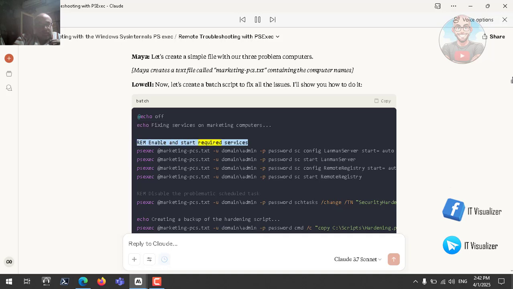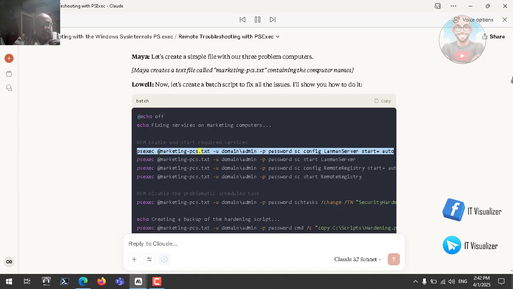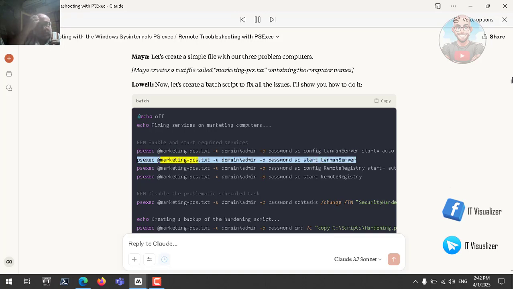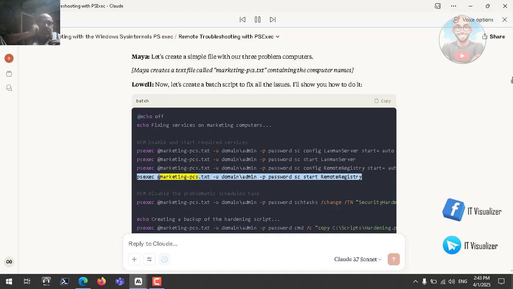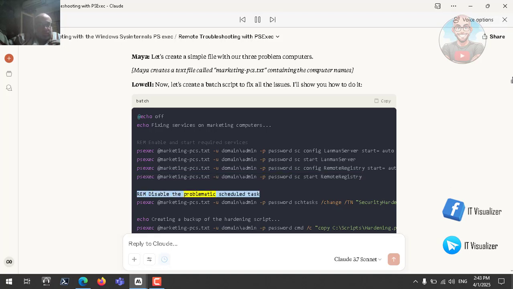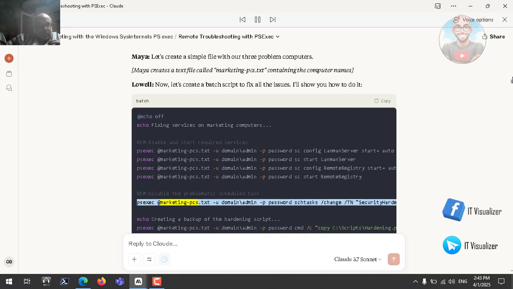REM Enable and start required services. psexec @marketingpcs.txt -u domain\admin -p password sc config LanmanServer start= auto. psexec @marketingpcs.txt -u domain\admin -p password sc start LanmanServer. psexec @marketingpcs.txt -u domain\admin -p password sc config RemoteRegistry start= auto. psexec @marketingpcs.txt -u domain\admin -p password sc start RemoteRegistry. REM Disable the problematic scheduled tasks. psexec @marketingpcs.txt